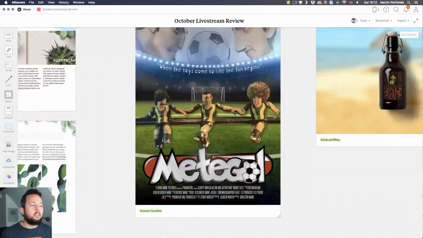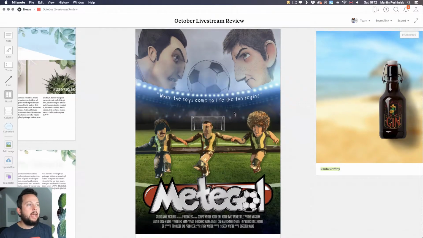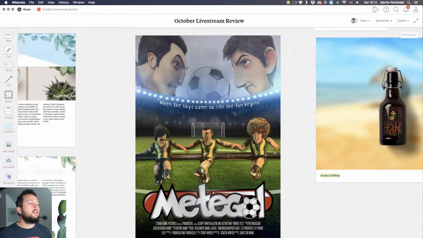But in general, so this is Dustin's work. I really like the composition and especially the treatment on the type here at the bottom. I think it's really cool. Maybe the only thing is the effect applied, this cutout effect on the characters in the middle can be a